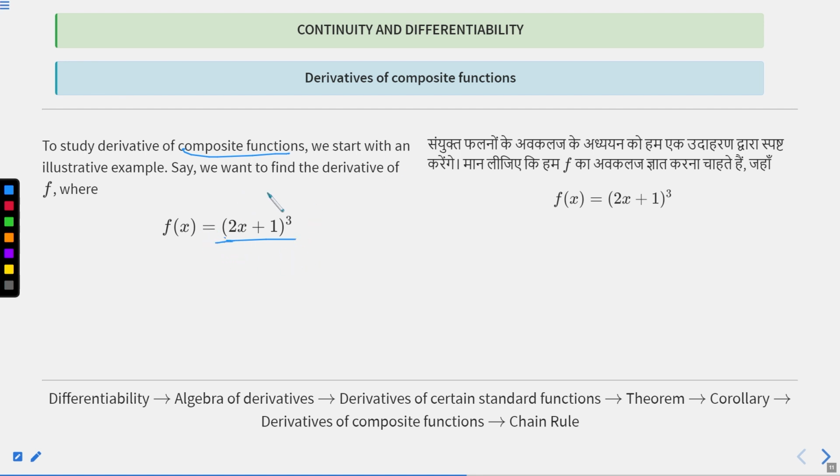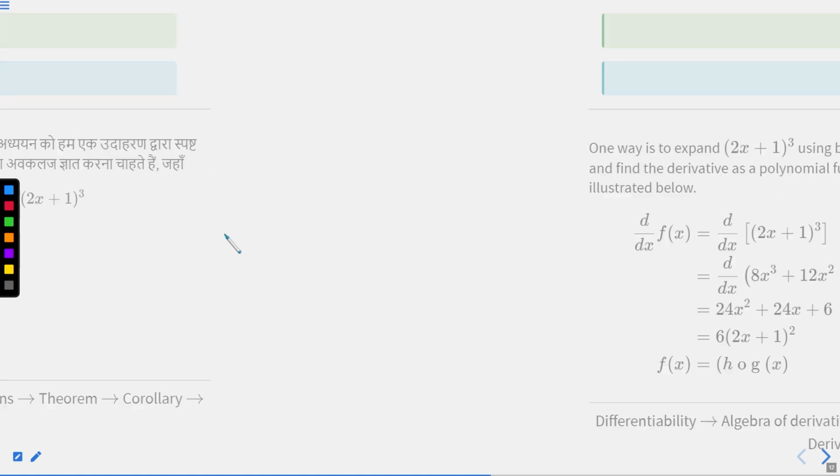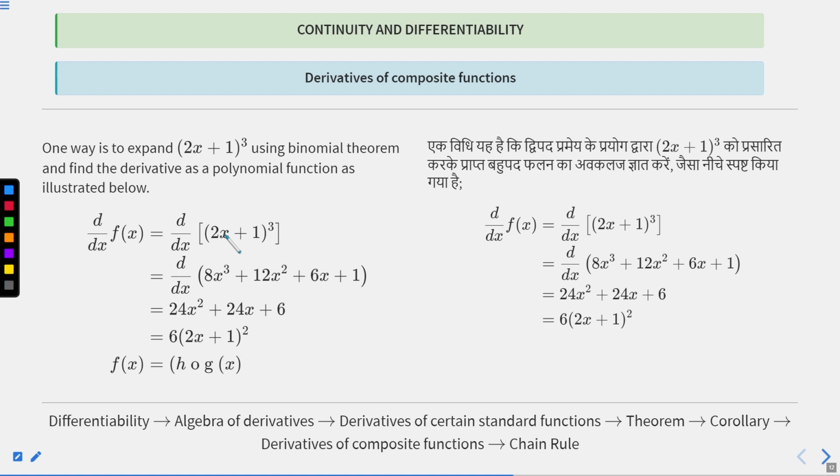Now what can we say? We want to find the derivative of f. Okay, so far so good. So how can you approach? Quite simple. The approach is very clear and very simple. We want the derivative, so first of all we will expand using the binomial theorem. Expanding, this will give me a cube plus b cube plus 3a square b plus 3ab square, like this.